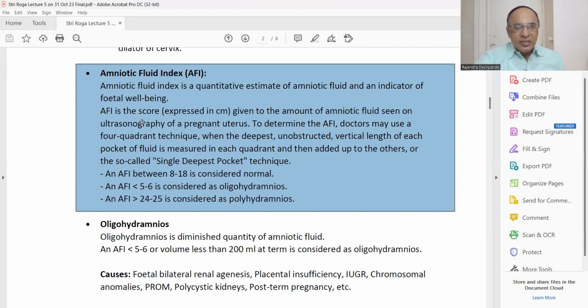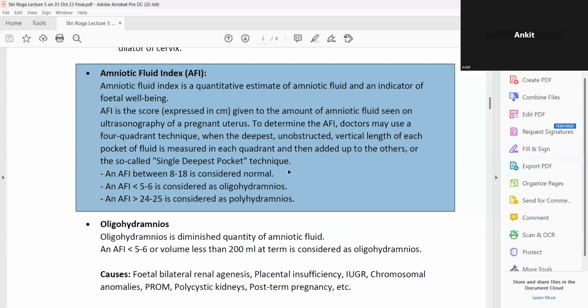Amniotic fluid index is the score expressed in centimeter given to the amount of amniotic fluid seen on the ultrasonography of a pregnant uterus. When we do the sonography, it can be detected. To determine the AFI, doctors use a 4-quadrant technique. You need not remember all these things. The deepest and unobstructed vertical length of each pocket of fluid is measured in each quadrant and then added up to the others, and the so-called single deepest pocket technique. My dear friends, this particular technique,